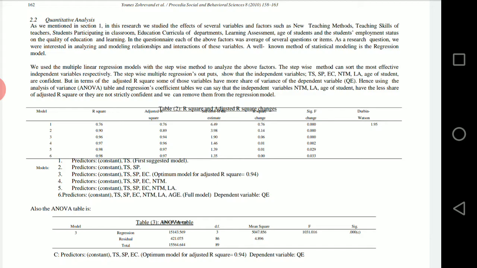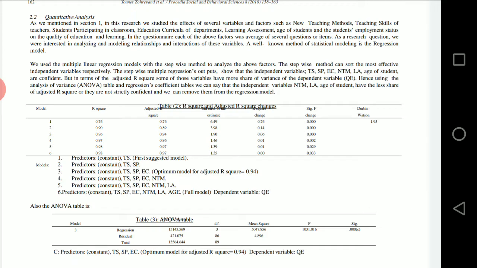In the questionnaire, each of the above factors was an average of several questions or items. As a research question, we were interested in analyzing and modeling relationships and interactions of these variables. A well-known method of statistical modeling is the regression model. We used multiple linear models with the stepwise method to analyze the above factors.